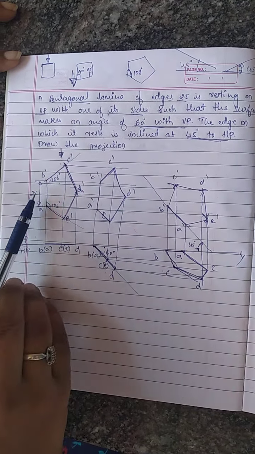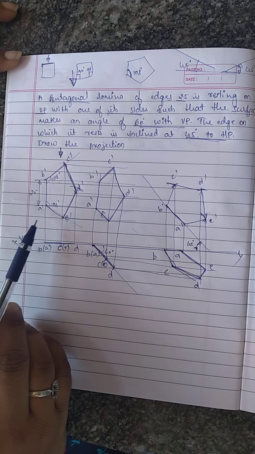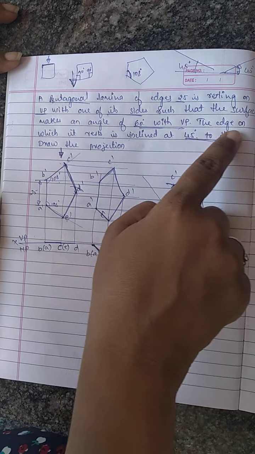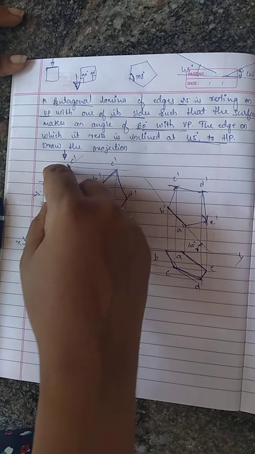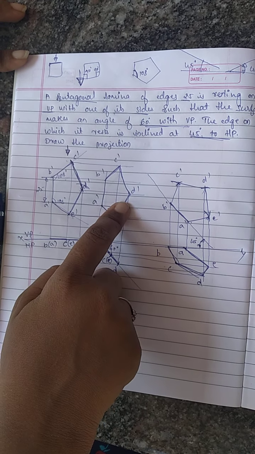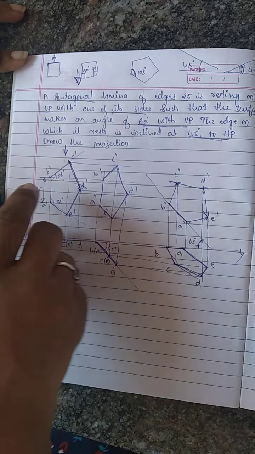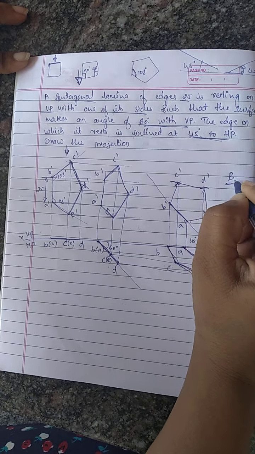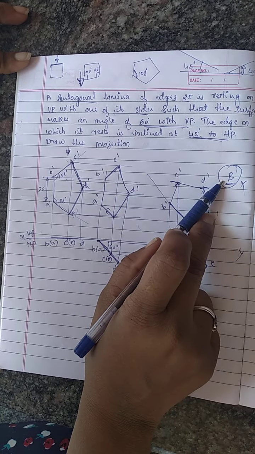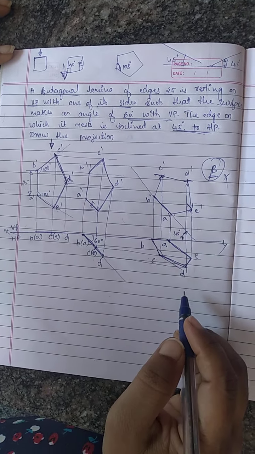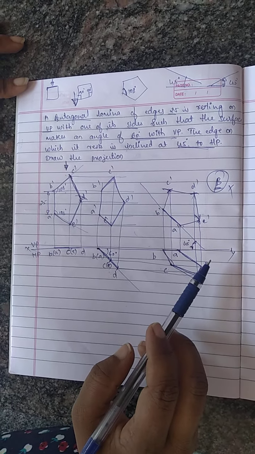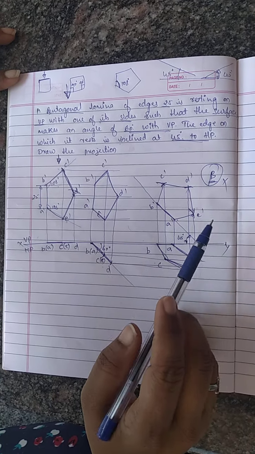So here the lamina, it is resting on the side and that too in VP, and in the final, that is in the third position, the side on which it is resting, that is inclined. So here there is no change in length of the AB even after tilting by 60 degree in the second position. I have directly copied it over here. I have not found the beta inclination. So if there is change in length, then we have to find the beta inclination, that is beta angle. So in the next problem I'll explain with the beta inclination.